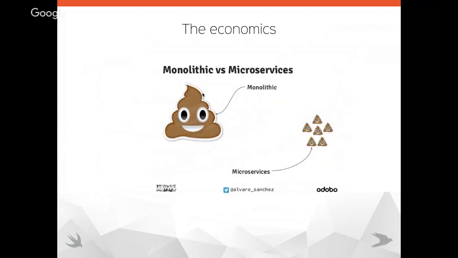The next thing is that you can take a monolithic architecture and break it down into microservices. What that also means is that, as these emojis show, instead of cleaning up one big pile of the brown stuff, you can scoop up, replace, and clean up one small pile at a time. Whereas with a monolithic architecture, if something goes wrong, everything's wrong. But that's a topic for another day.